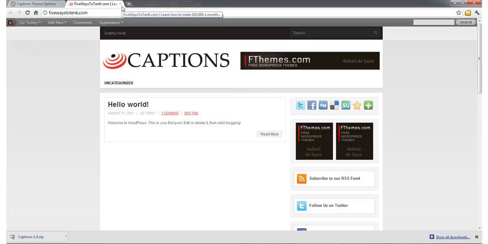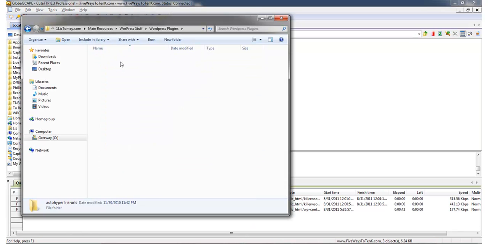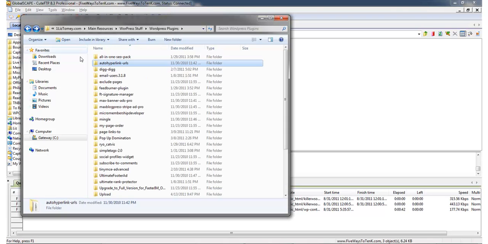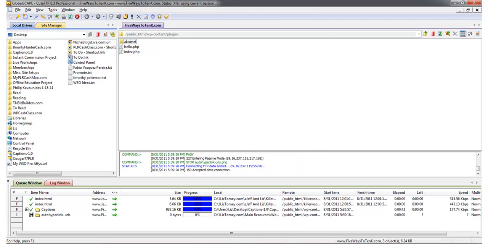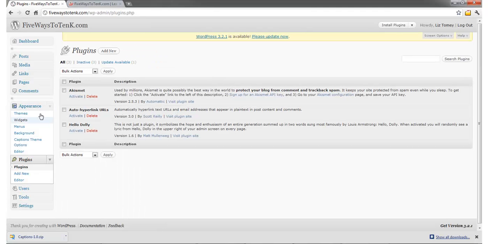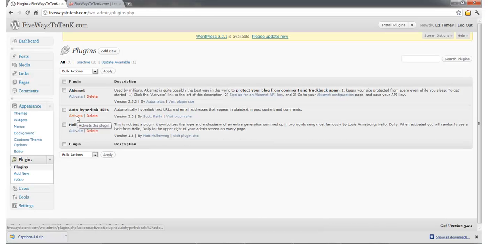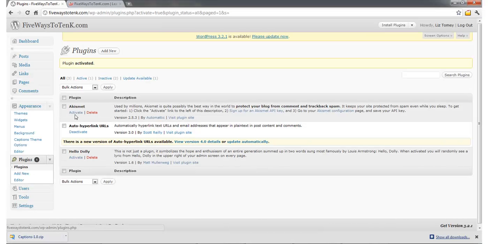So like I said, let me show you how to do the plugin. Plugins are basically the same exact way, except we're going to put them in the plugins folder. And auto hyperlink URLs. Okay, there's the files. So I'm going to drag and drop that whole entire folder in there. I'm going to go into my blog, to my back office here, and we're going to go to plugins and make sure that's totally uploaded. It is. So now I can click activate,